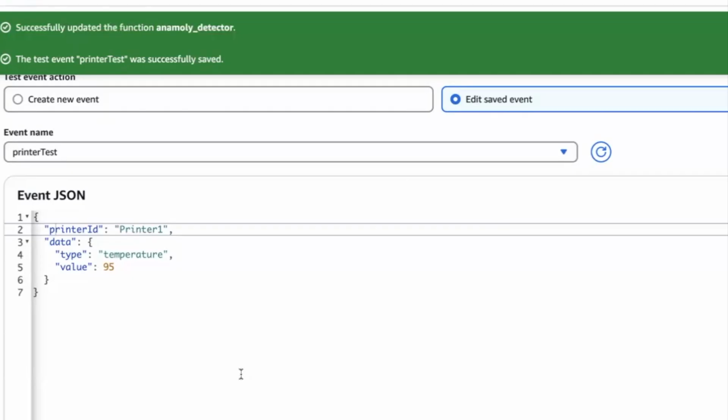Right. So my question is this event JSON, right? Mm-hmm. How did this get placed into AWS, into this page? Did you type this in by hand? Did you put it in by hand? All right, so